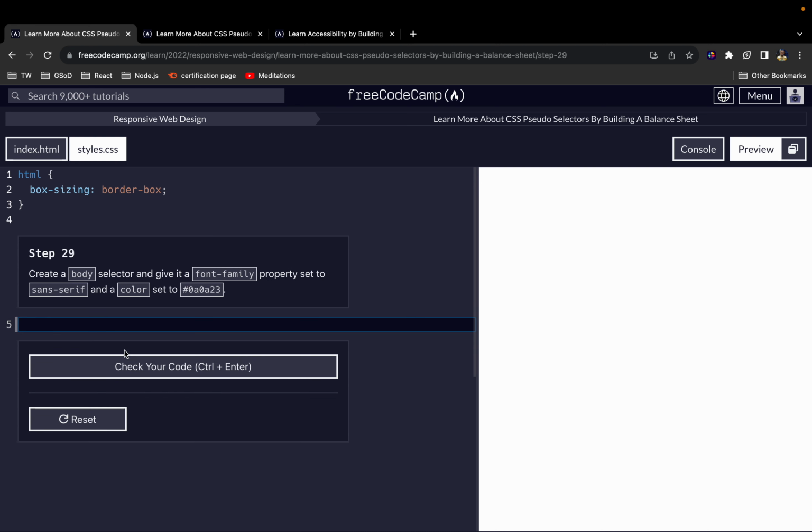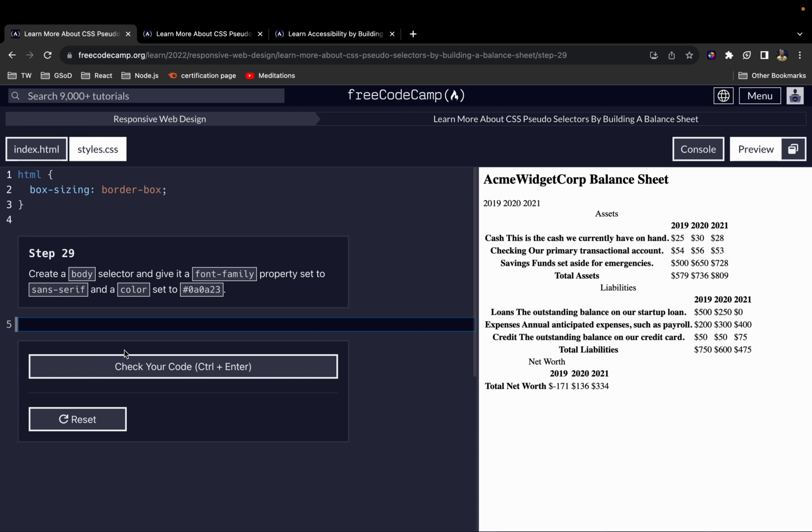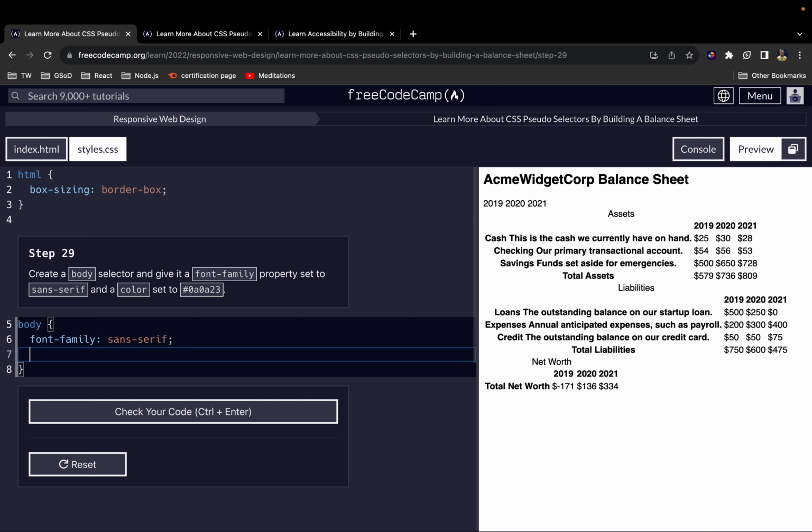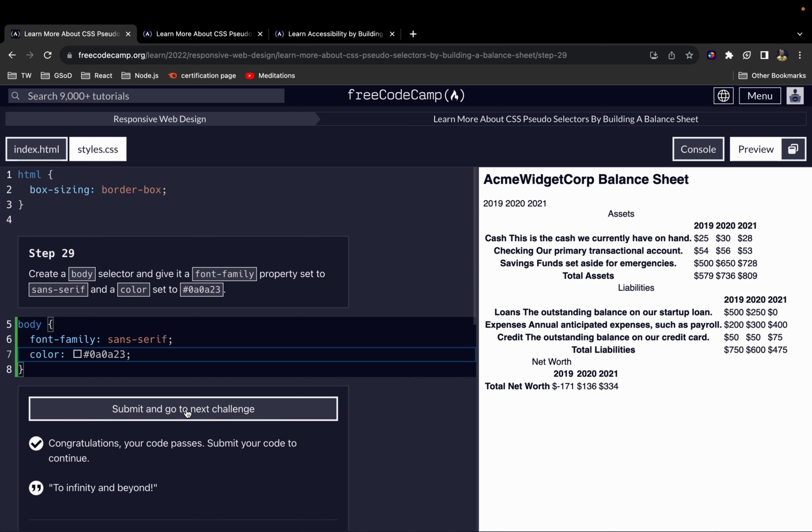All right. So for step 21, we want to create a body selector. So let's select the body. We want to give it a font family and set the font family to sans serif. Okay, let's set the color to this color we have here. I'll just copy it and paste. Okay, now next up,